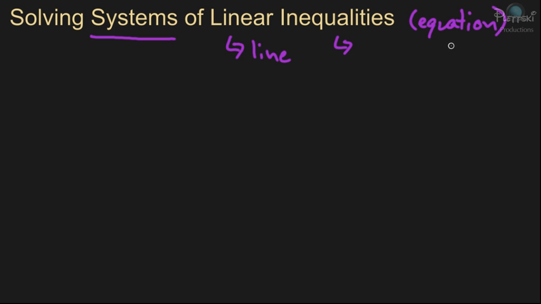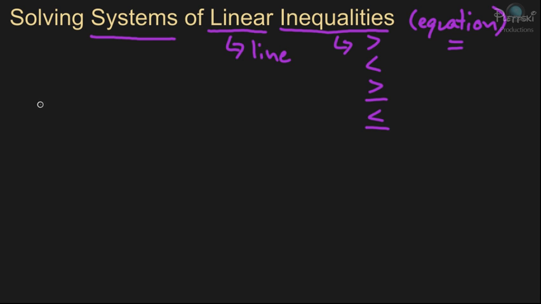instead of writing an equation with an equal sign, an inequality is going to either be greater than, less than, greater than or equal to, or less than or equal to. And that's what we're talking about when we say inequalities rather than an equation. So we're talking about a line that's also an inequality. So let's just jump right in and see an example, and you may see a little bit clearer what I'm